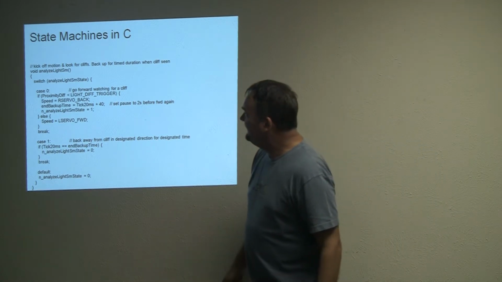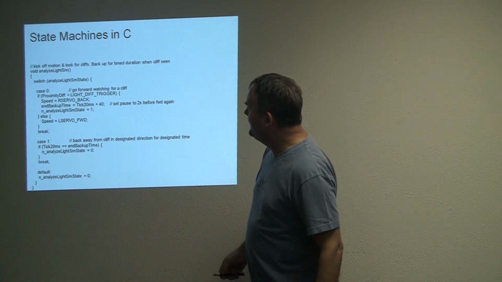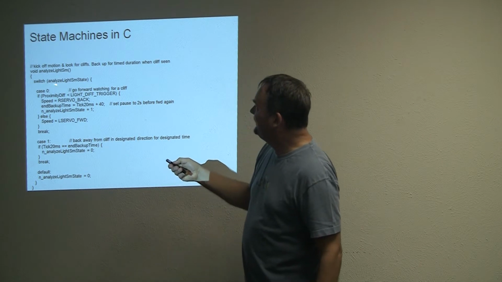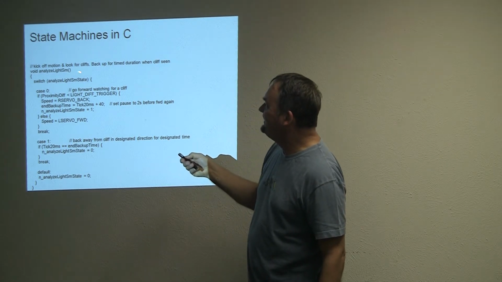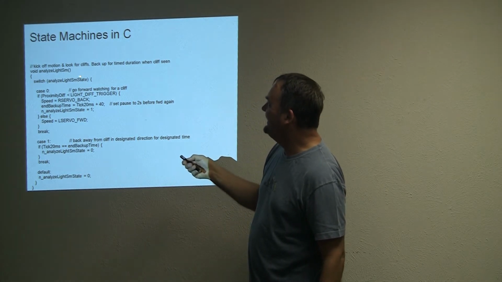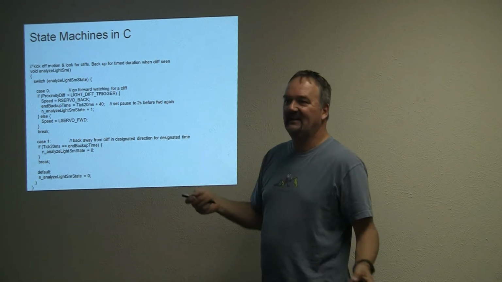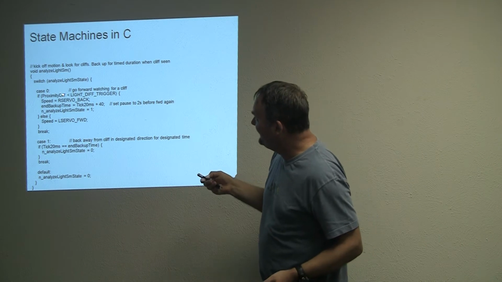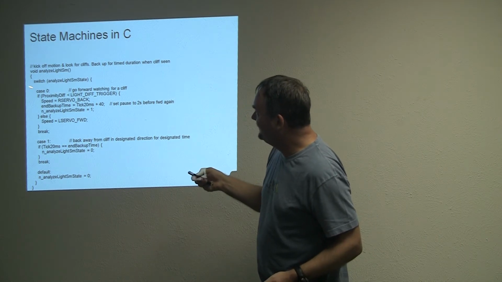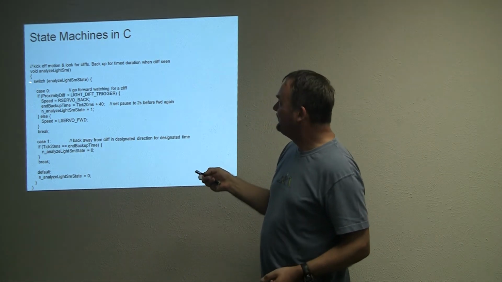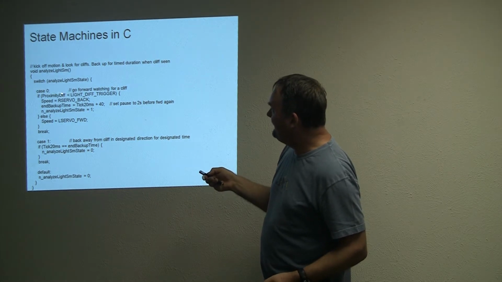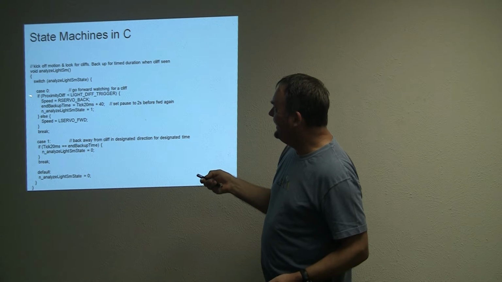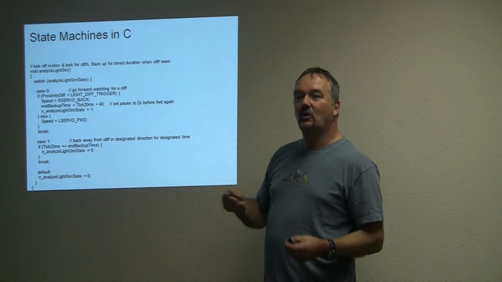How you implement that in C is pretty straightforward. You just do a switch. You have a variable like an int. I call it analyze light SM state, or analyze light state machine state. So it switches on that. It only has two cases, two values of this state. So this is a two-state machine, and in there you want to have a condition that will cause it